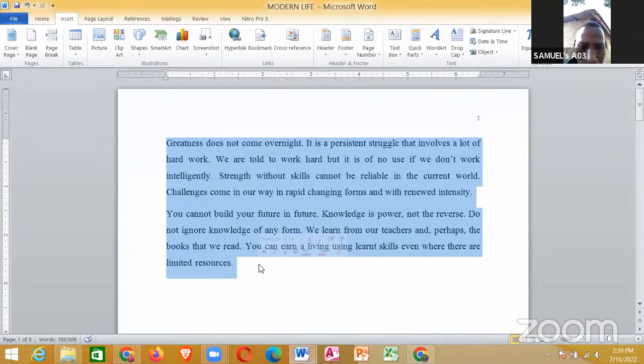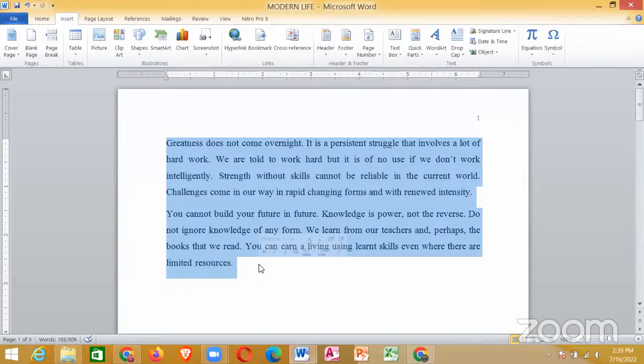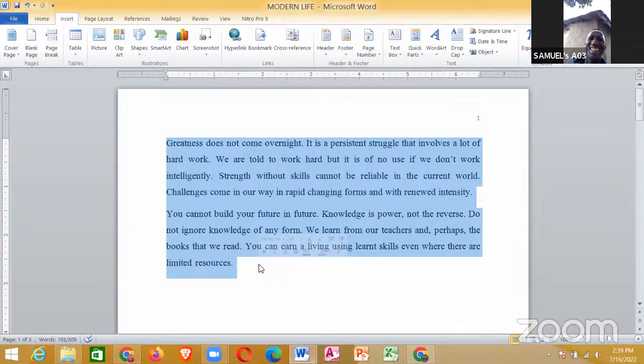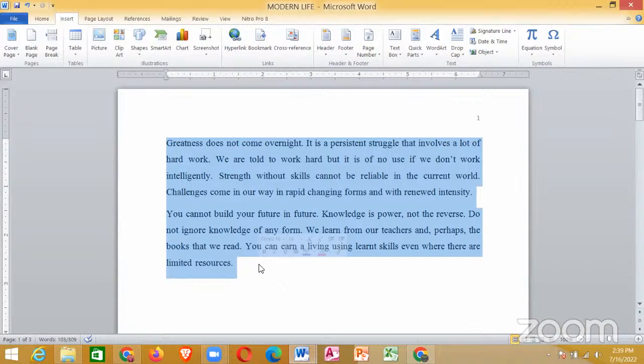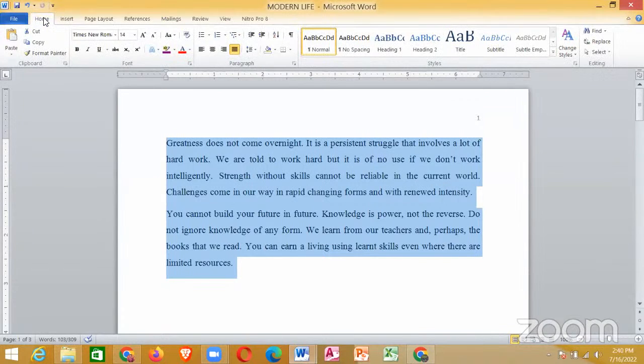to Arial Narrow. Okay. Anyone who has an idea on that to tell us the steps on how to go about this? Yes, George. Okay, thank you. After highlighting, I think we have to first go to the Home tab. Yes, we shall have to go to the Home tab because it is where we shall get the font formatting command. So after left clicking Home,